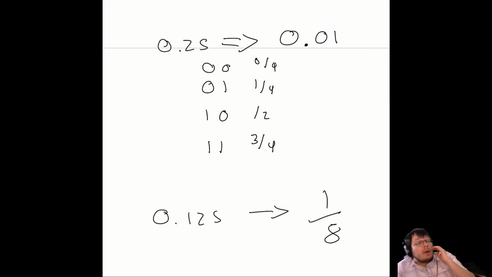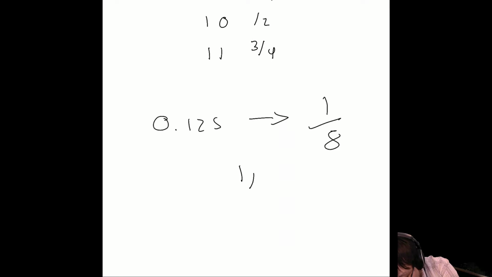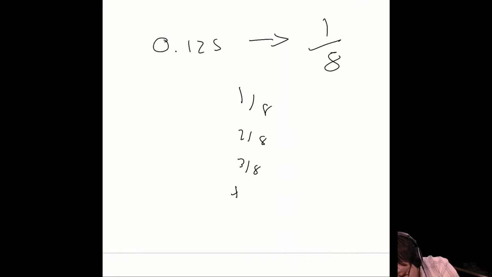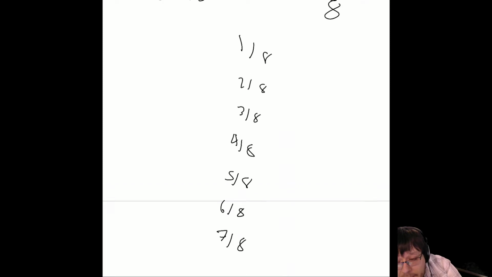Okay, so how can we keep track of a range that can do something like 1/8, 2/8, 3/8, 4/8, 5/8, and you can simplify these fractions, but I'm not. 7/8, and then, you know, we could say we have 8/8 per se. Okay, so if we have something like this,